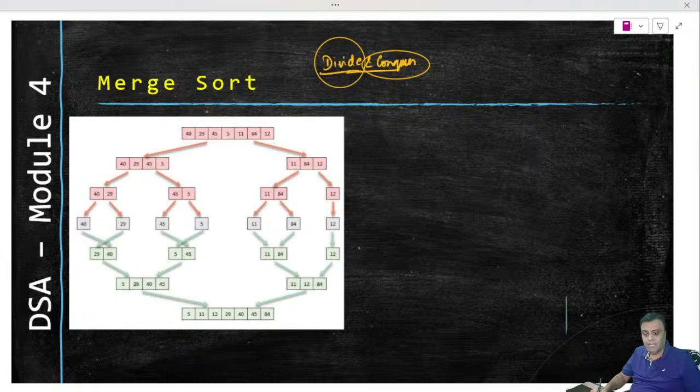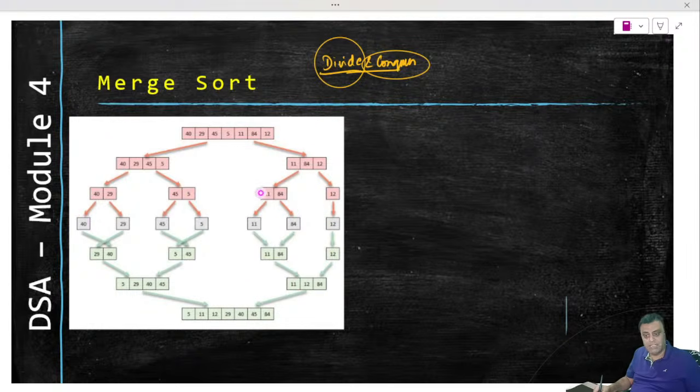So we will keep on dividing this array. We'll keep on dividing this array from half. Since this array is an odd numbered array, we cannot exactly divide it by half. So one of the elements will be part of the left or the right array, and that's how this is 4 elements, this is 3 elements. All we have done is we have divided this array at the half point, right? Again we will divide this array at the half point, right? So this will again be divided at the half point. This will also be divided at the half point. So all we are doing is we are splitting the array.